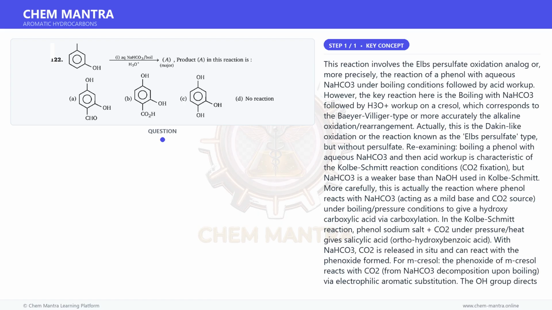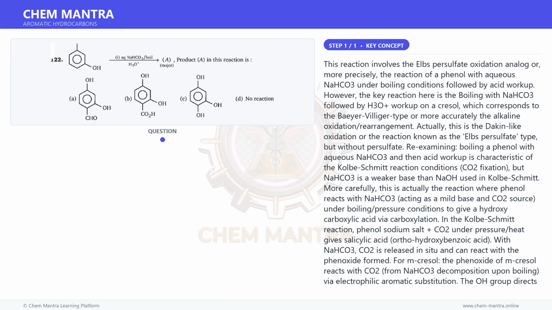C6, ortho to OH, para to CH3. Wait, CH3 is at 3, so para to CH3 is position 6. So C6 is ortho to OH, position 1, and para to CH3, position 3, making it activated by both groups. Carboxylation at C6 gives